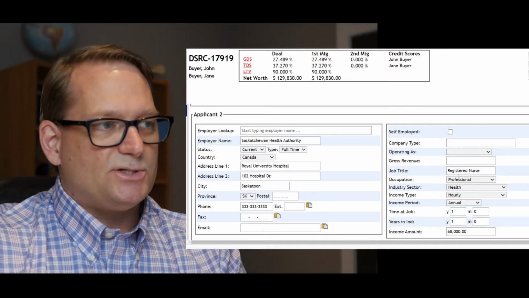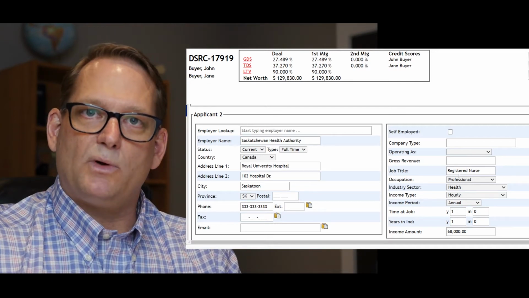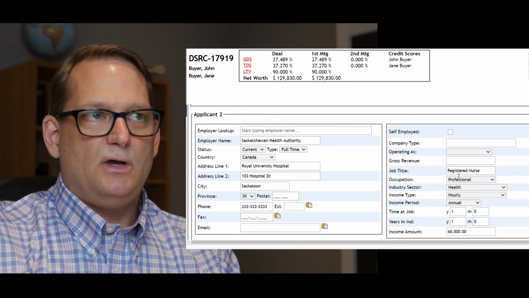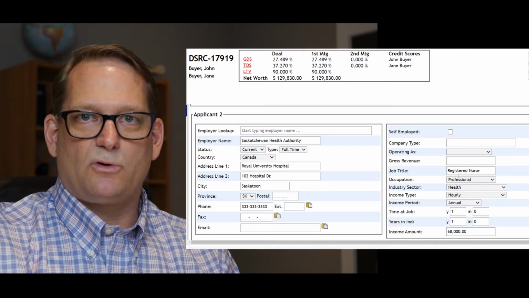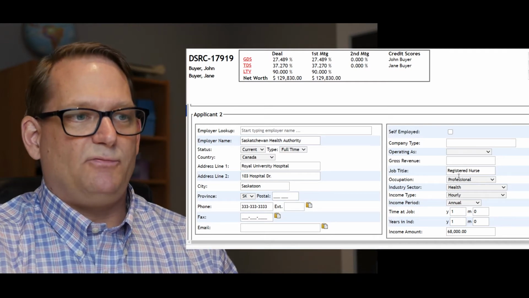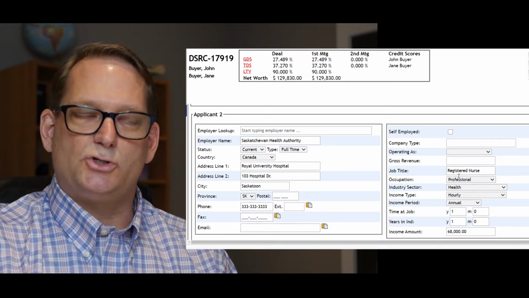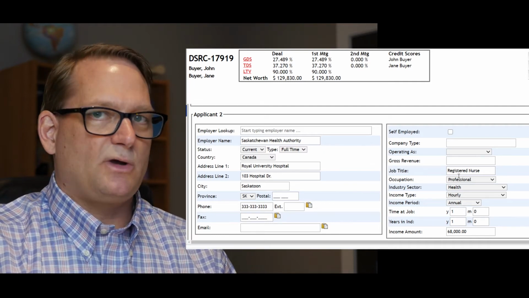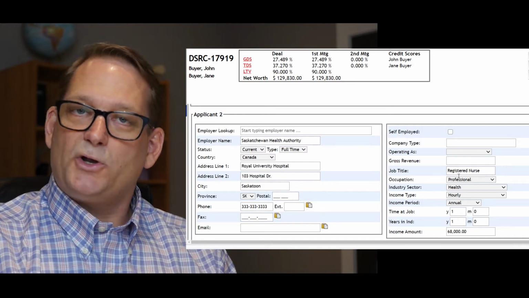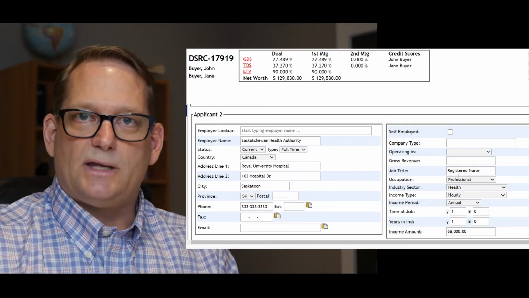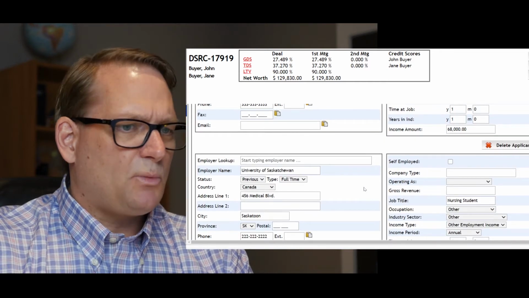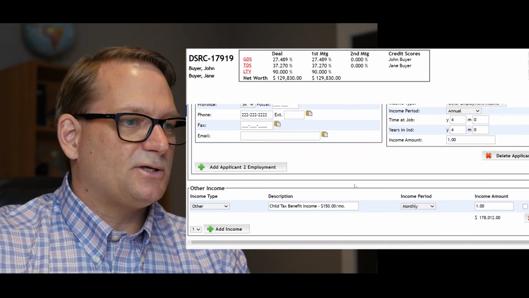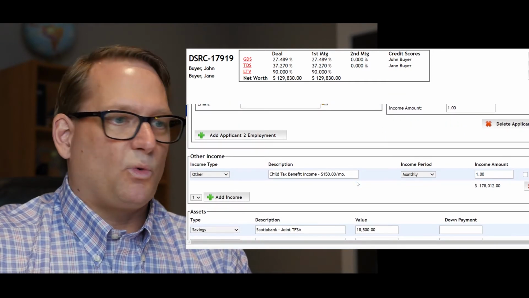So once again, just like the addresses, if you move around quite a bit when it comes to where you've lived and where you've worked, we need to have a full history of where you've worked. So if you've been at the same job for the last 3 or 4 or 5 years, no problem, just one employer. But if you've moved around for a few different places, like say you're in the trades, construction trades, it's very common for people to move around a little bit. Just make sure you have a 3-year history of where you've worked, what your position was, address to the company, and that sort of thing. And so what we've got is the address history, so 3-year address history, and at least a 3-year history when it comes to where they worked as well.